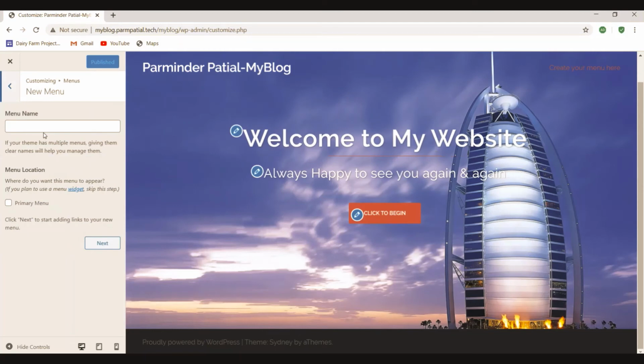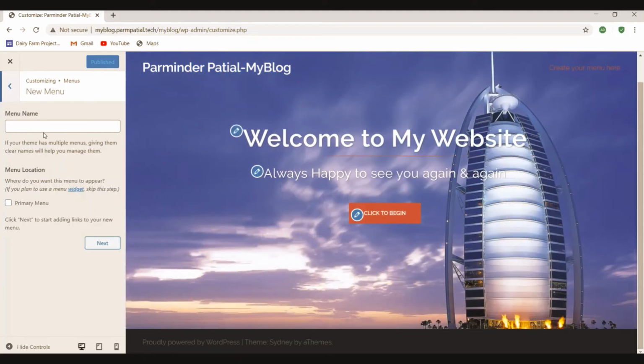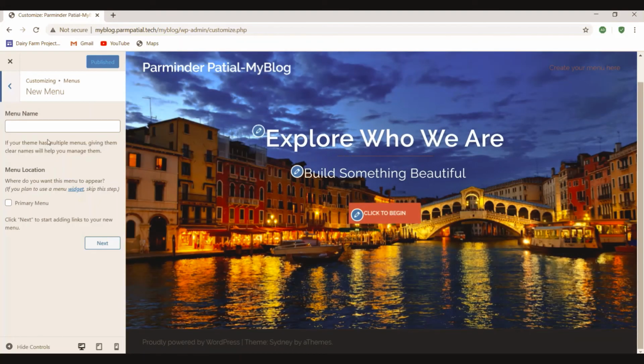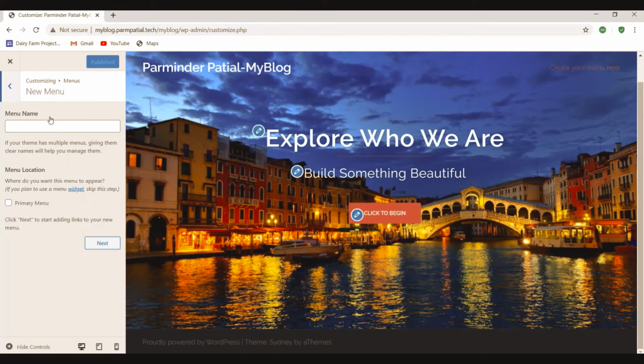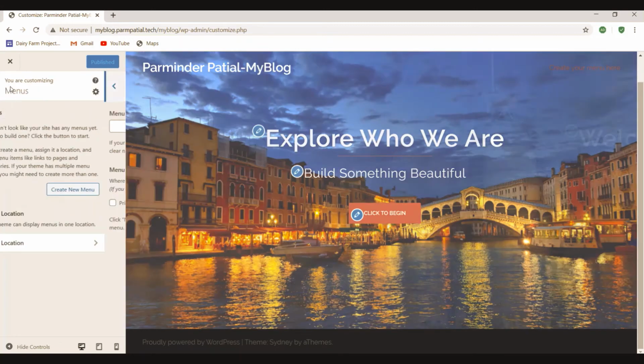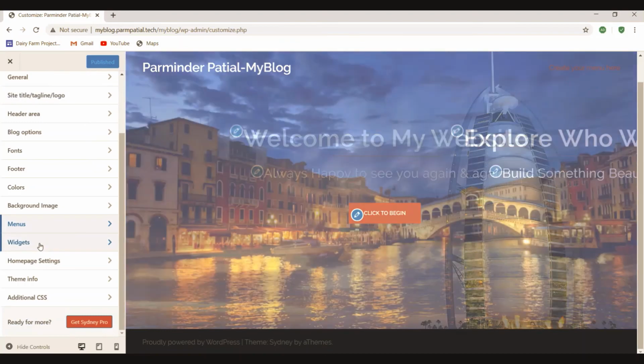There is another way of creating the menu, that is the permanent, or confirmed way of creating the menu, and we will use that way. Or either we can create the menu using this option also. But some themes provide this option and some themes don't, so we will use the dashboard to make the menu. Then we will go back to here, then biscuit area.